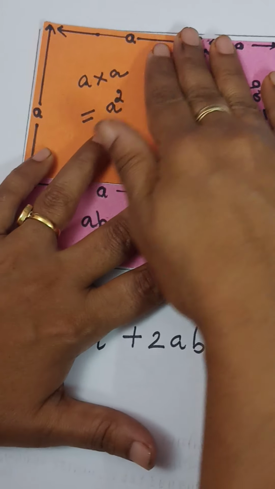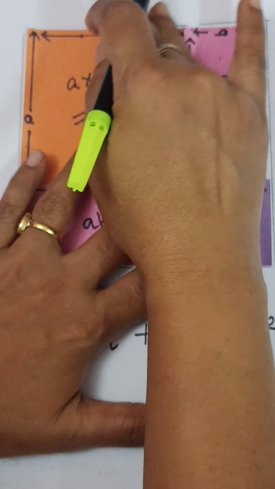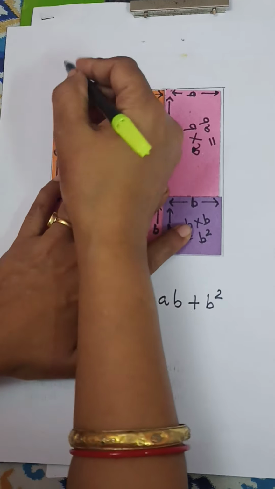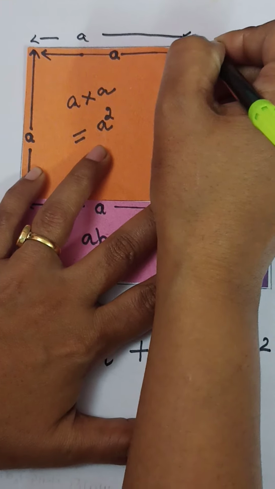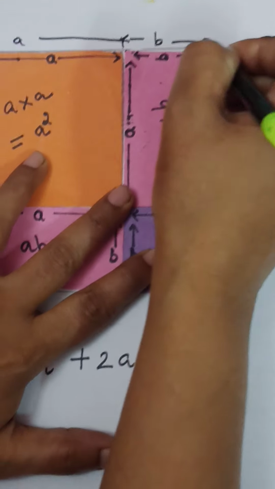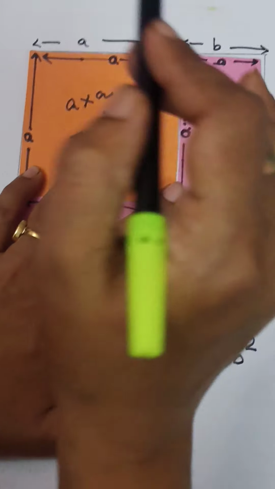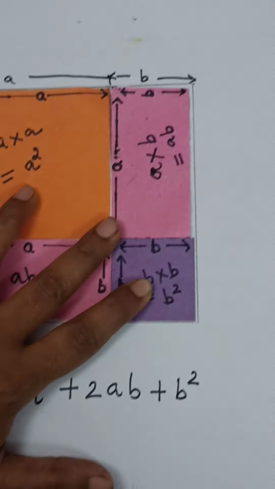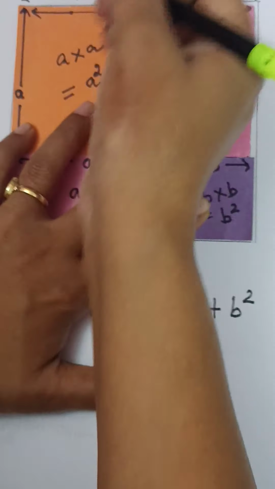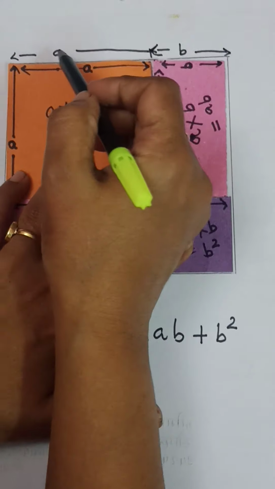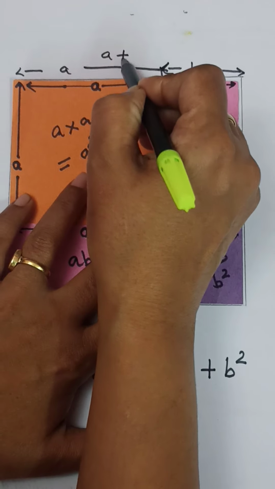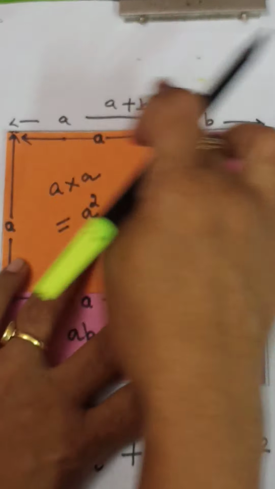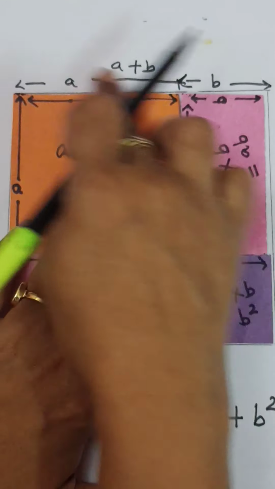Okay, now see, length from here to here it is A, and from here to here it is B. Okay, if suppose this is 5 and this is 2, how much this will be? 5 plus 2, 7. So in algebra we deal with alphabets too. So from here to here it will be A plus B. So the measurement of this line segment from here to here will be A plus B.